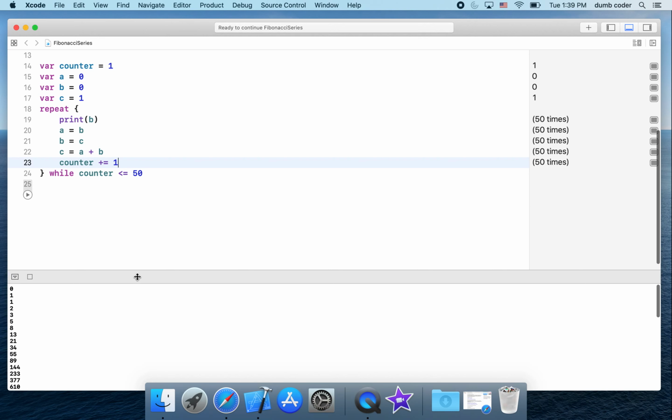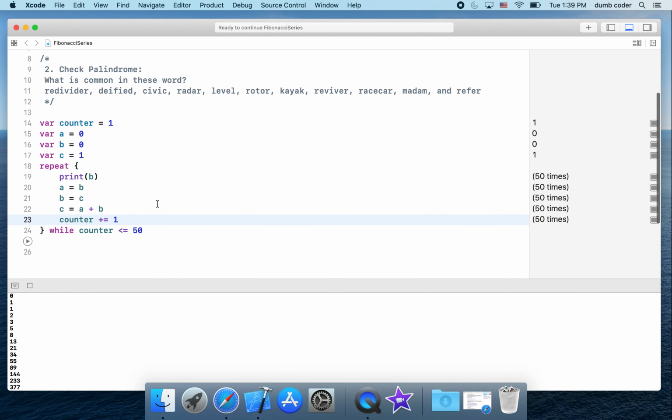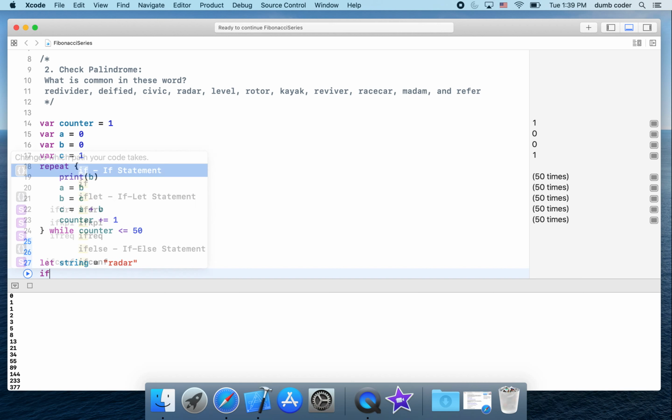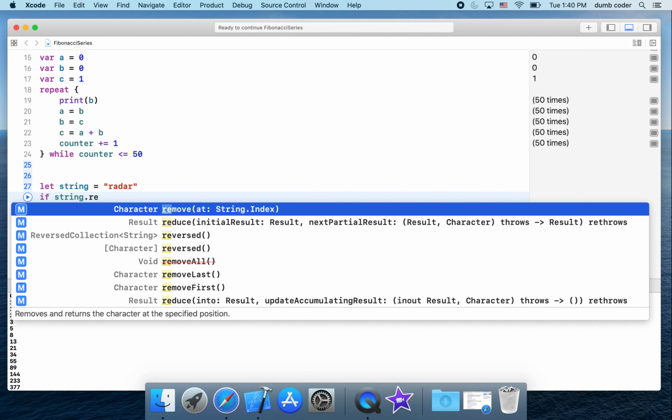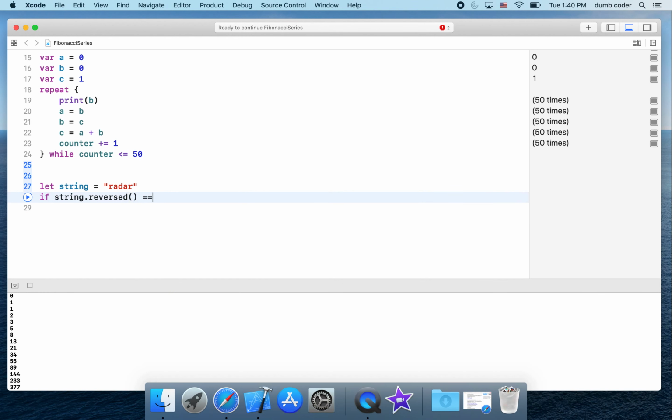And we have solved one problem, and we are going over the other one, the palindrome, right? Palindrome is the easiest one because we have to just reverse this string, right? Given a string would be something like this. Let's use radar as an example. If string dot reversed is equal to string, then print